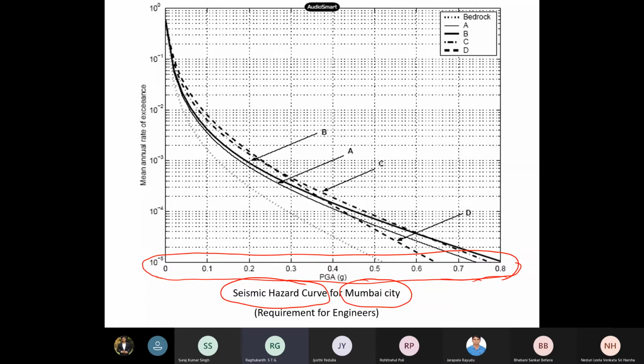But the most important thing is, for example, if you design for 0, what is the risk on the y-axis? You have the risk levels actually. Risk means rate of exceedance. We say when something is exceeding, then only you will have a failure. So this is a risk level or rate of exceedance. Now if you are designing for 0, what is the risk level? 10 to the power of 0. What is 10 to the power of 0? 1. Almost 100% risk actually.